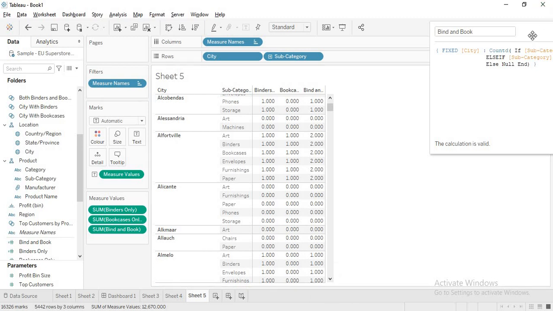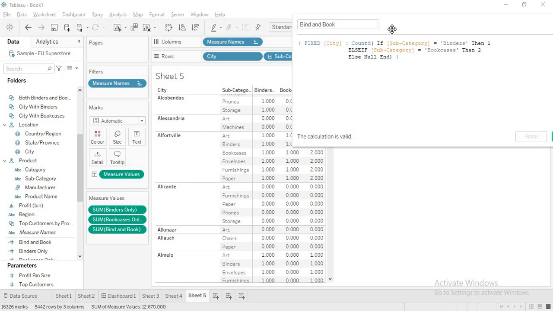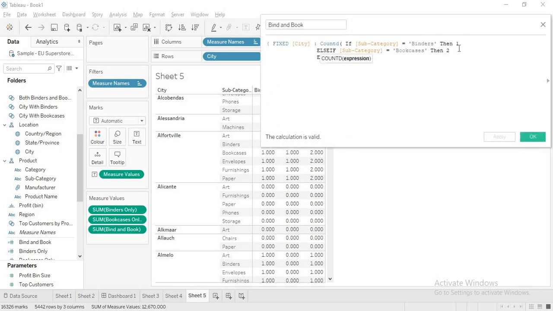So now we need not have all those sets and all those complicated things. Even if you want to add one more, just add another else if subcategory is equal to art, art only, yeah, art, then just for the sake of understanding, I'll put it again as 1. Now what is happening? The count distinct identifies these both as the same. So for these two, you will be counted only once.